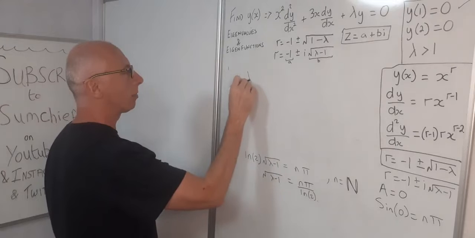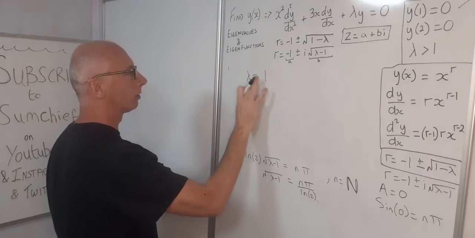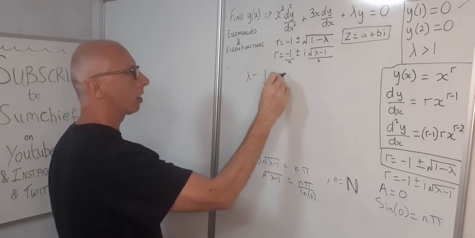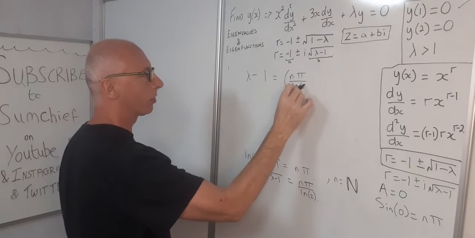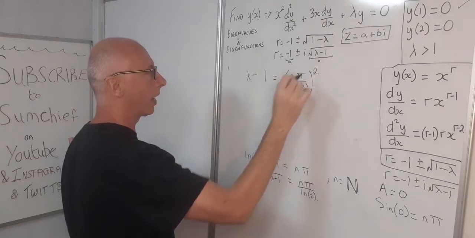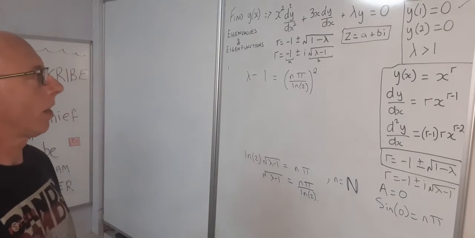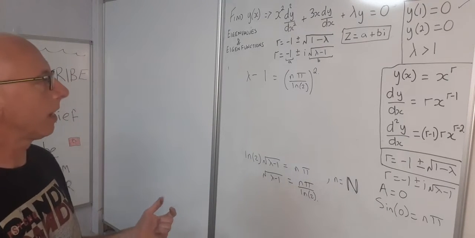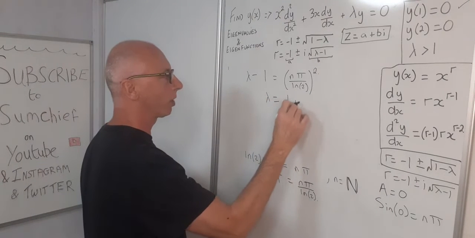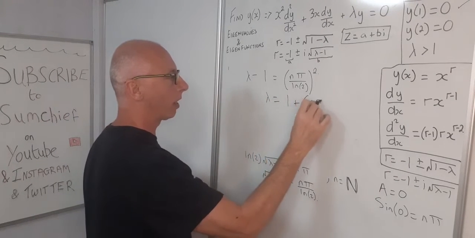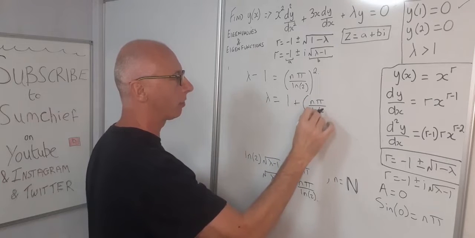So lambda minus 1 equals n pi over natural log of 2, squared. So that's our lambda there as it is. So add 1 to both sides. Lambda equals 1 plus n pi over natural log of 2